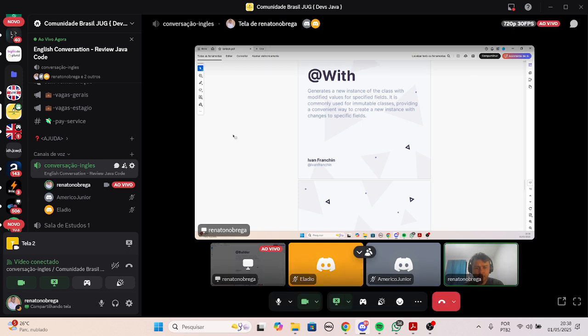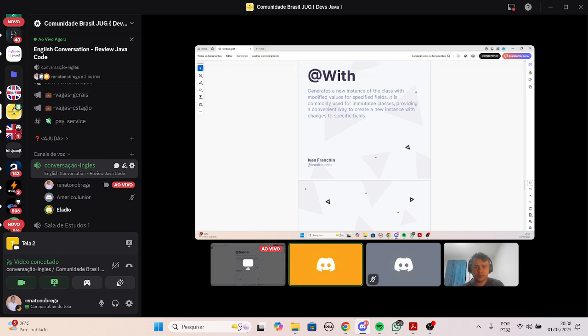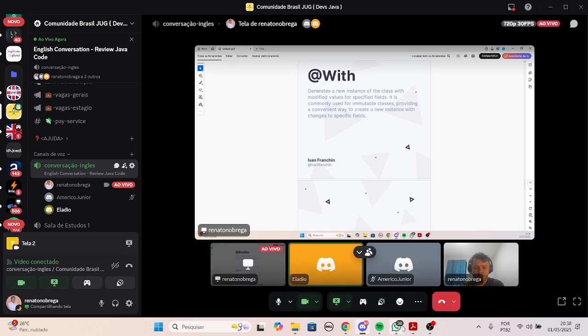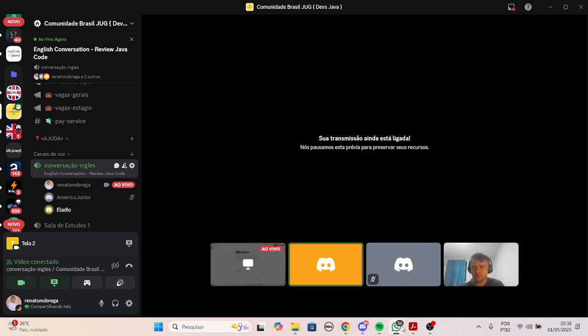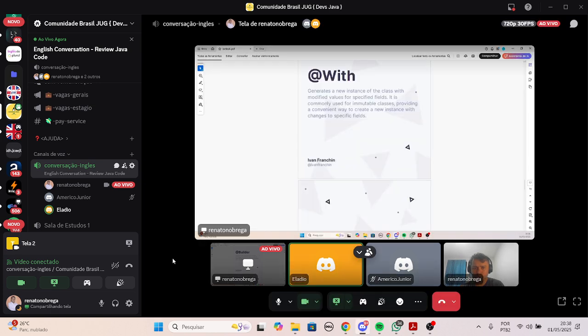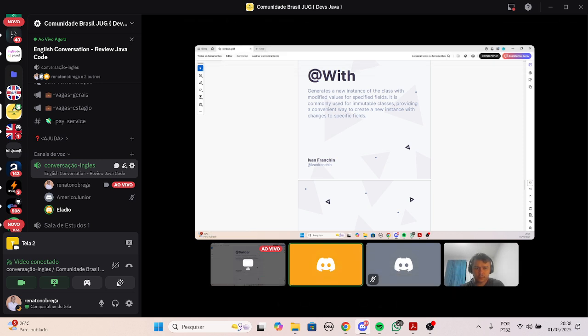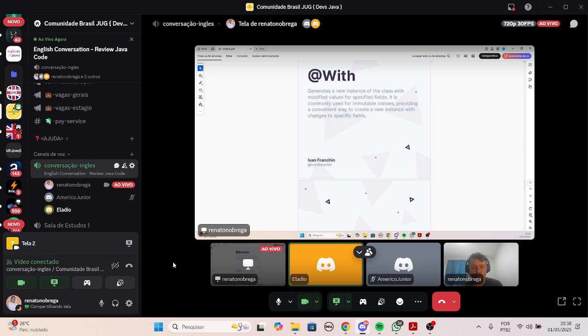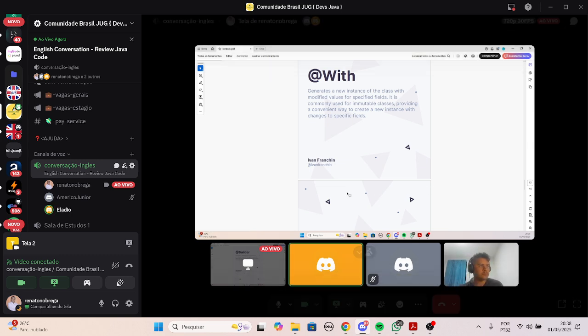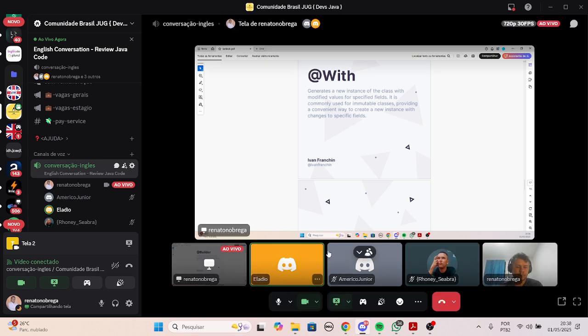Okay, can you read this paragraph, please, Elijah? Generates a new instance of the class with modified values for specific fields. It is commonly used for immutable classes, providing a convenient way to create a new instance with a change to a specific field. Okay,